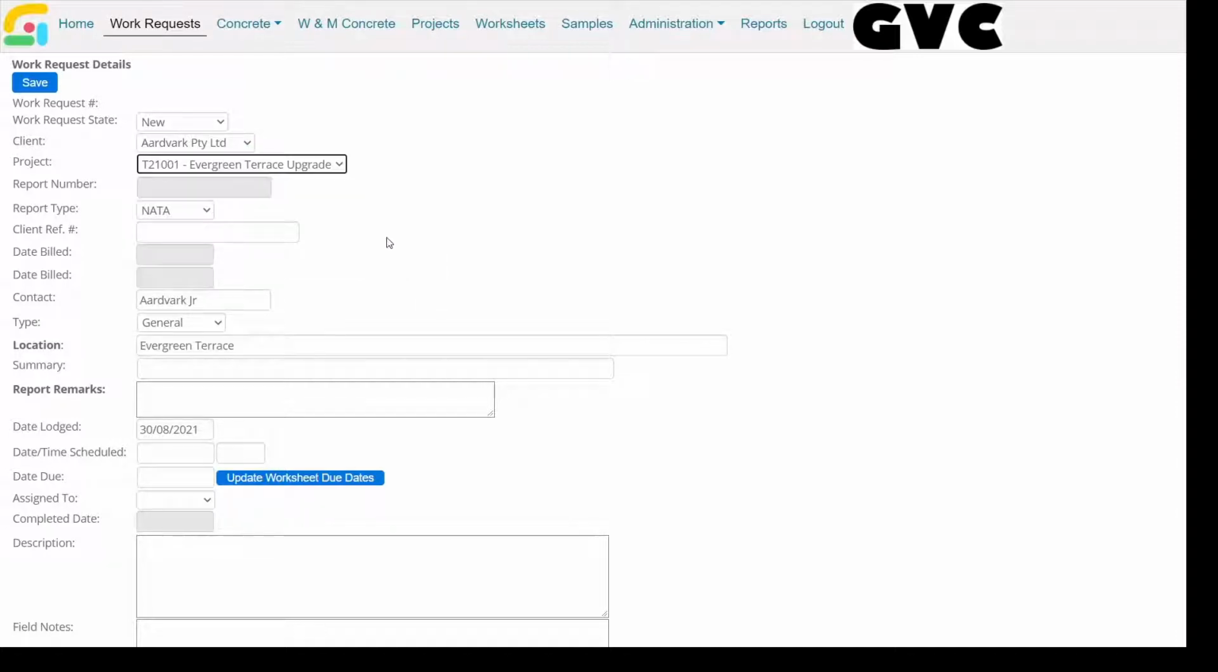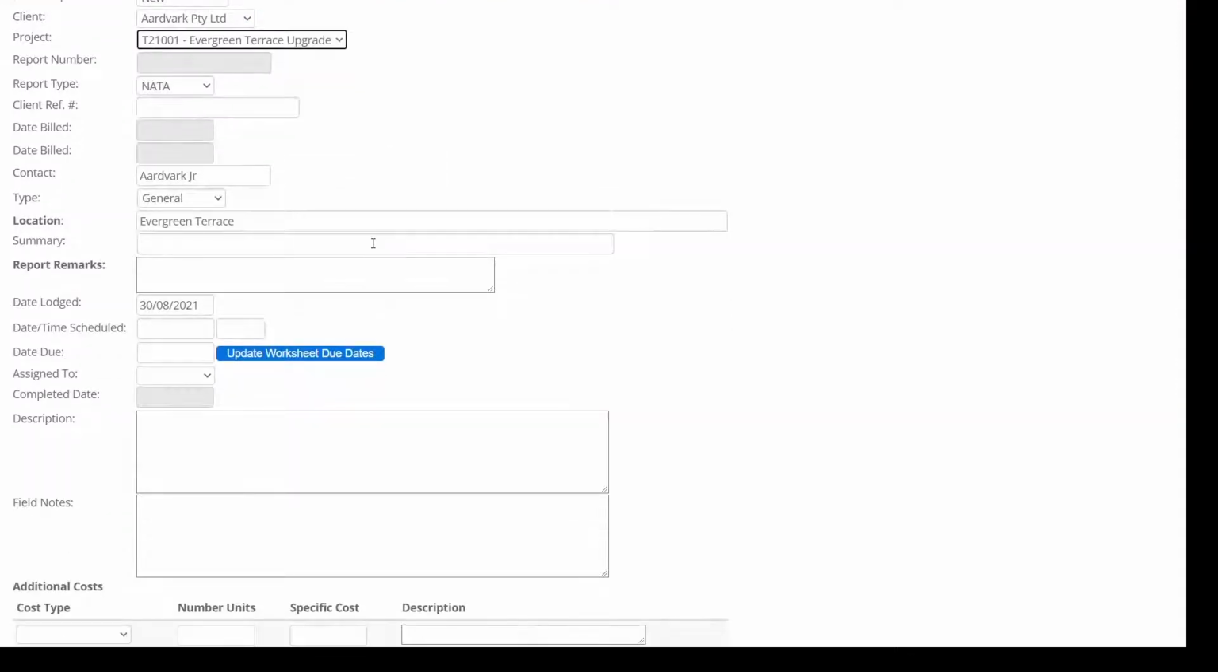I'll select the client and the project. This is about doing nukes. Your company will have some sort of general way to enter summaries, so just follow those guidelines. Then we need to add a description. So this is something that will go across to the mobile app, and somebody will be able to easily see what they need to do. So in here we might write something like